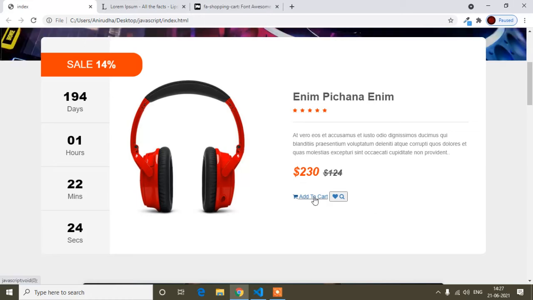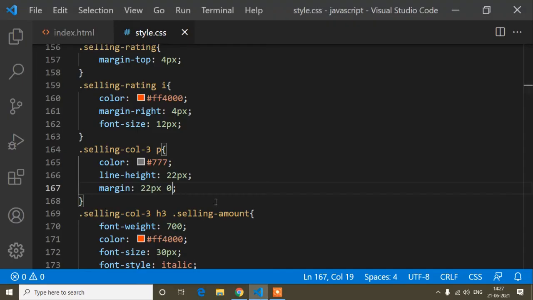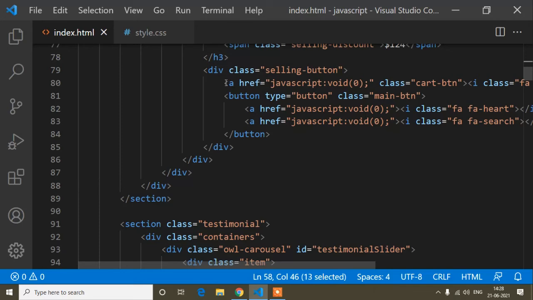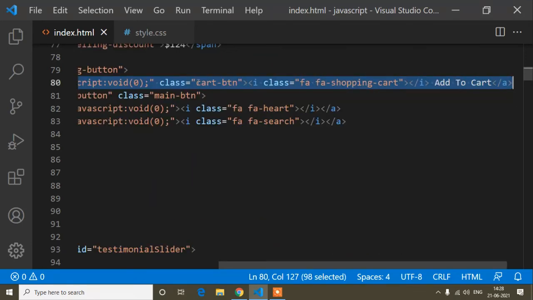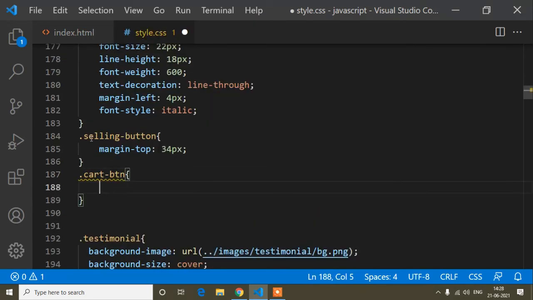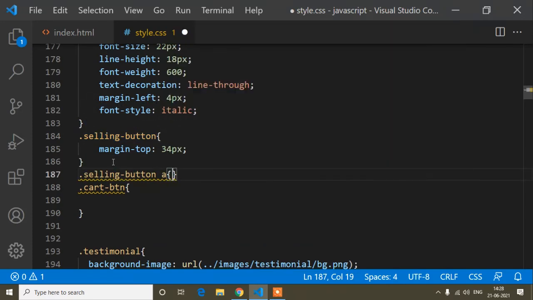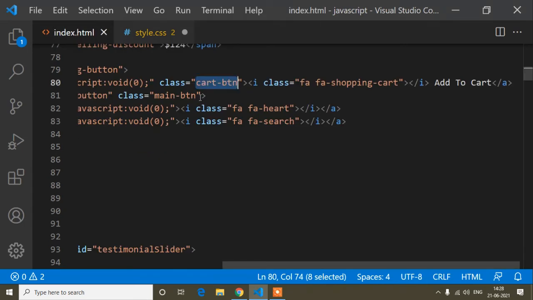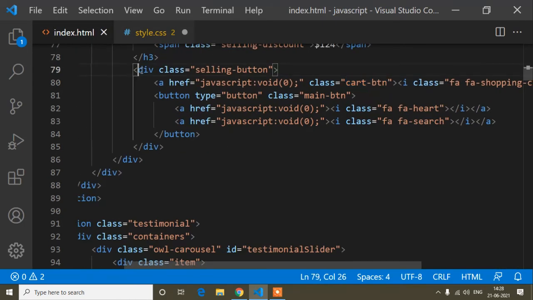And now I will add the design for this button. So first of all this one, and this is the class I have added, card button. So I will copy this class name, and just paste it here. Here I will do one thing: the selling button is the parent, and inside the selling button there are anchor tags like this.